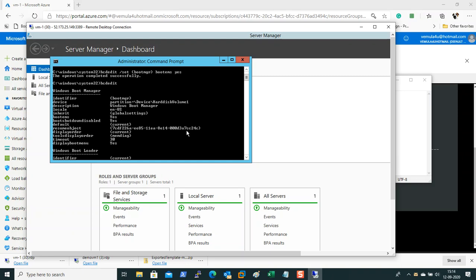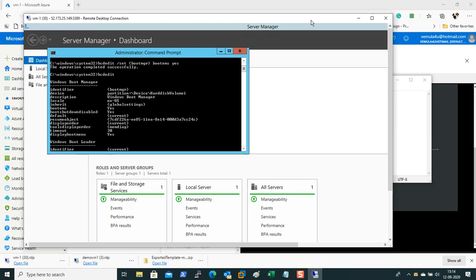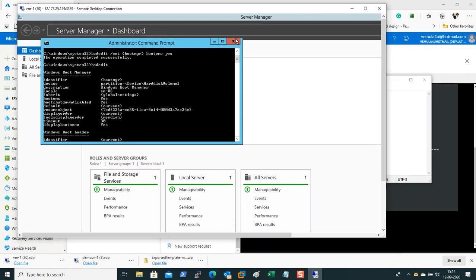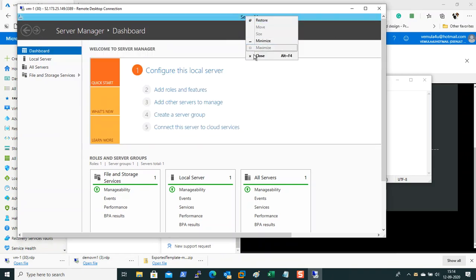Now let us assume that you did patch this machine, or there are some configuration changes that have happened on this machine, and after that the applications hosted are not functioning as expected. Now your requirement is to go to the last known good configuration.